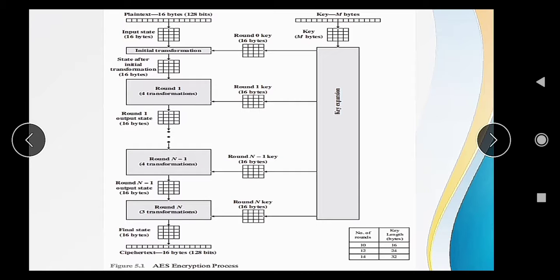So these 4 steps we perform in each round, and we have a total of 10 rounds. We can see this diagram again. After these 10 rounds we get the output, that is a 16 bytes or 128 bits ciphertext. Okay, so this was the Advanced Encryption Standard algorithm.